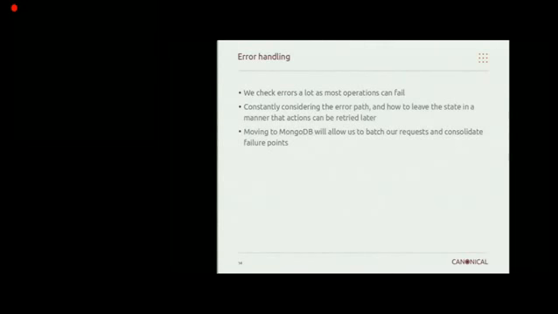I put this slide in because I remember thinking, about a month or 2 after I joined Juju, yes, I know exactly what everyone is complaining about, the noise of having to write if error, if error, if error. But after a bit more consideration, it occurred to me that it wasn't the fact that we have to check the error all the time. It's the fact that we've written our code in such a way that we're always exposing the error. We're never constructing code that cannot fail, but